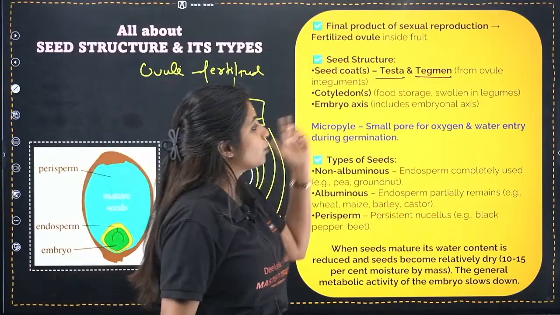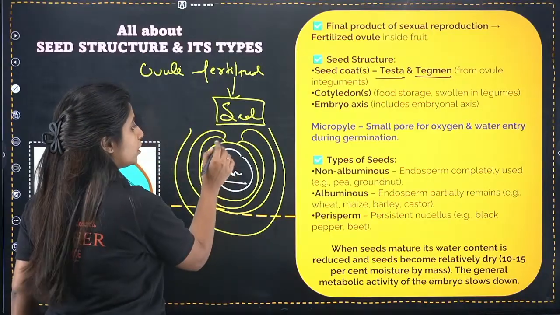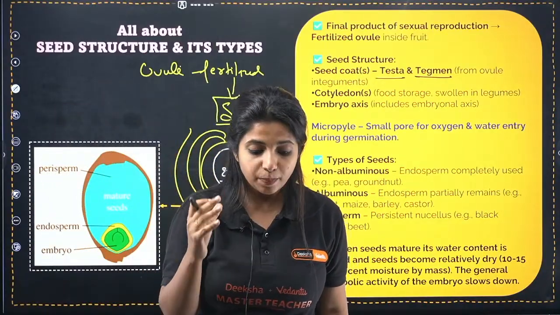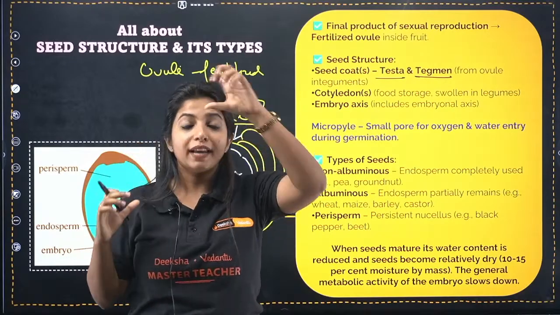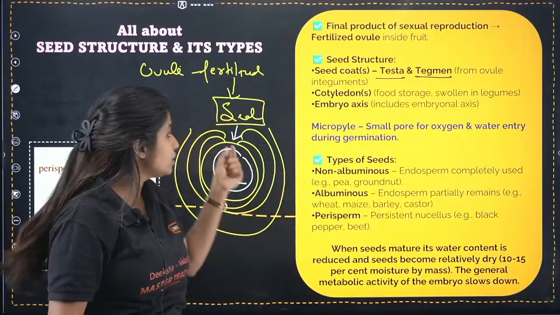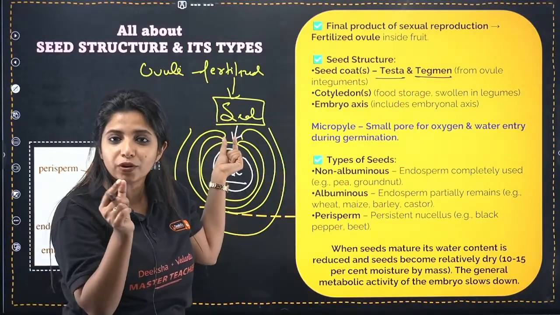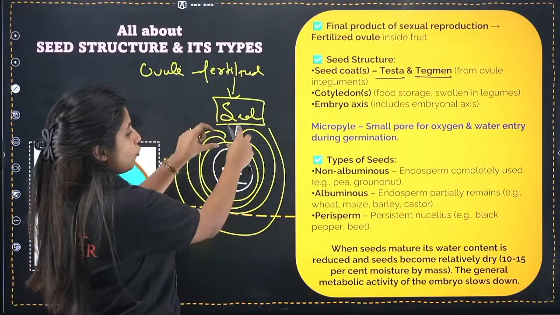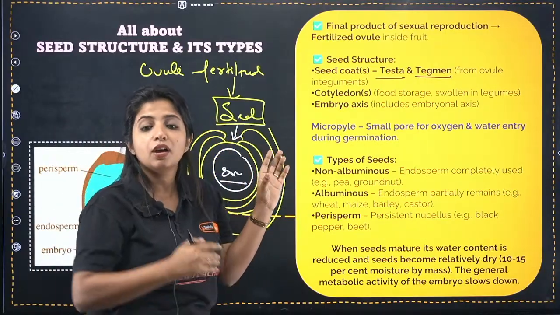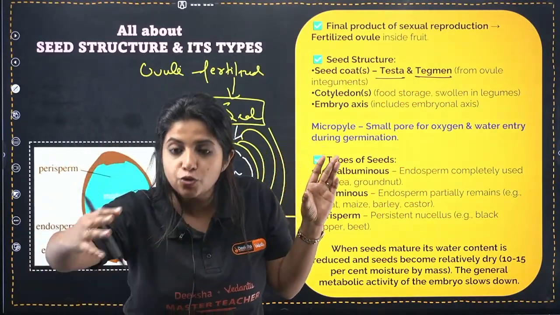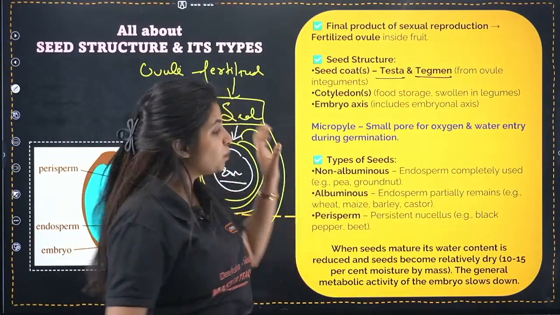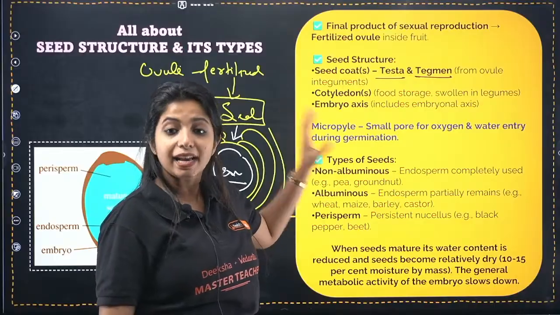Now, there is the micropyle. What is the micropyle? I already told you, all the important things happen towards the micropylar end. Especially, I told you that your egg apparatus, that is your egg cell and synergids, are there in the micropyle. This region always remains as a pore. Why do you think it remains like that? Over here, the sweater which it was wearing, there was some space left behind. Why? For gas exchange to take place, for water to enter, for all of these functions. So the micropyle is still there as a small pore.